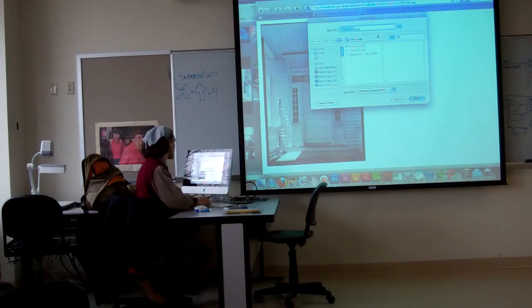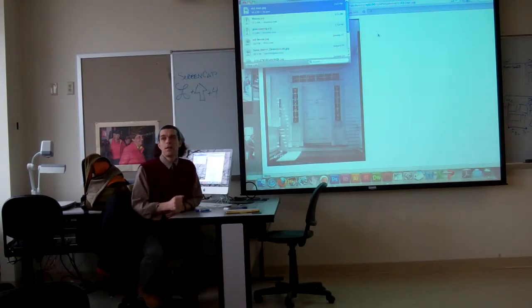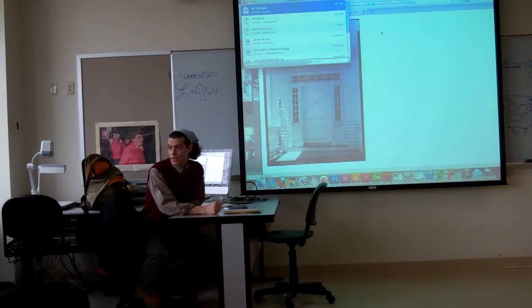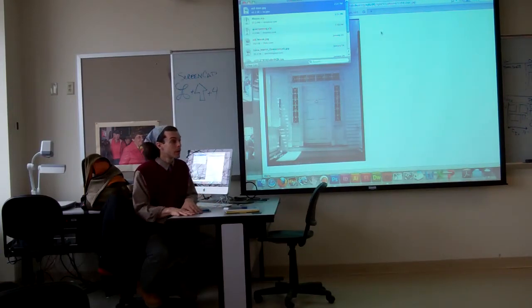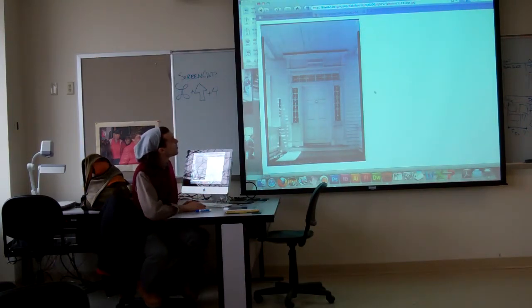Now the thing about the Library of Congress is they scanned many, many more images than they were able to index, because indexing takes somebody sitting and typing into a database. So if you look here at any picture,